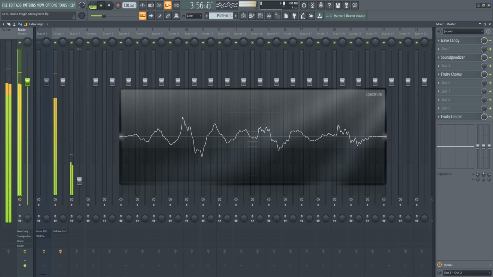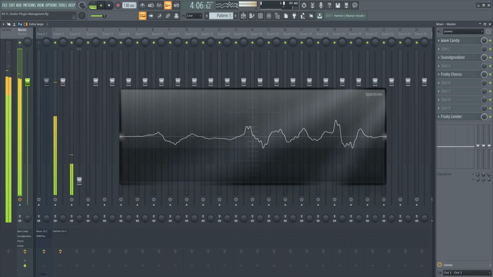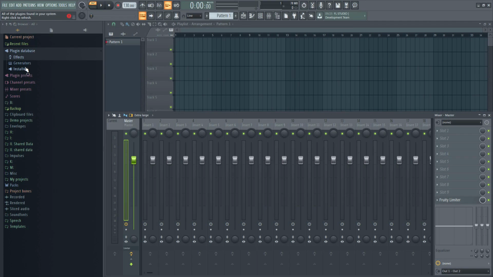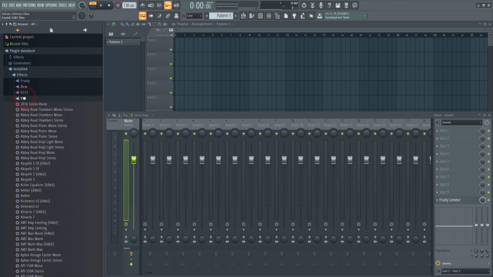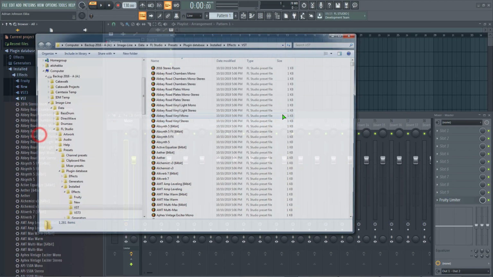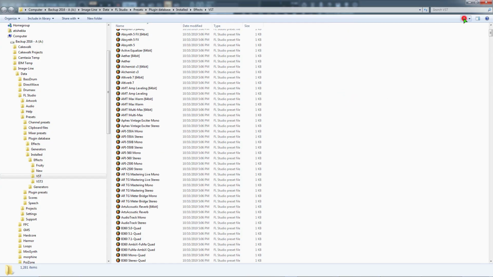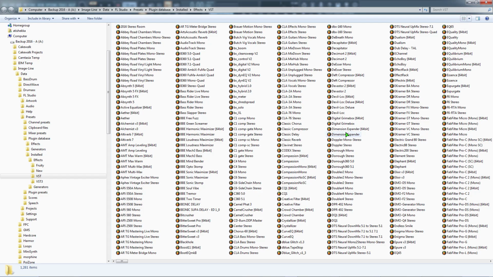And remember guys, don't install plugins from more than one vendor in one go, or the process will get confusing and you will have a hard time recognizing the plugins inside the effects folder. This is the folder where FL Studio 20 keeps all the installed plugin preset links. And in my case, you can see there are thousands of them in here.